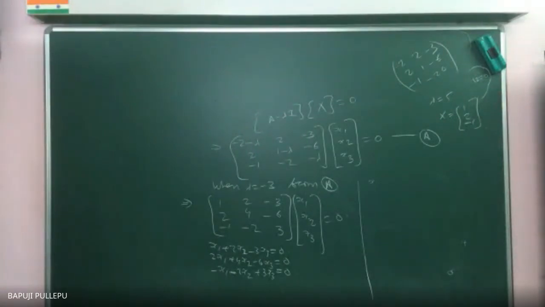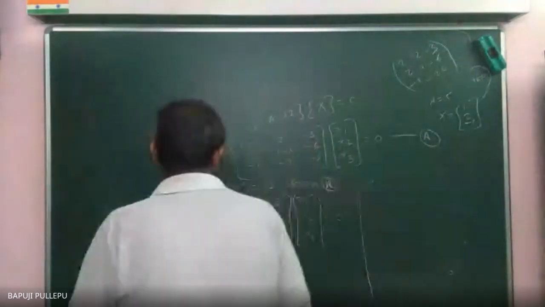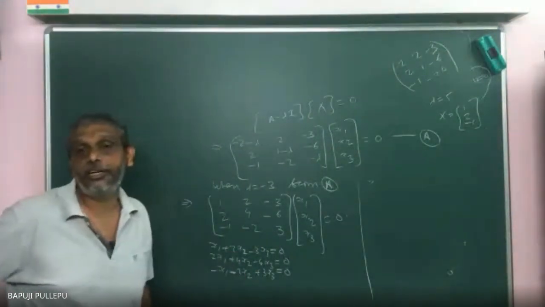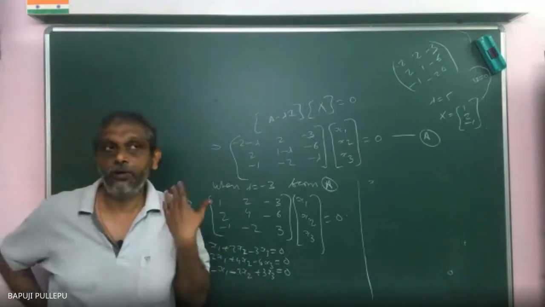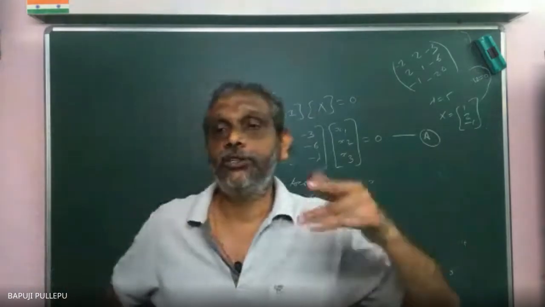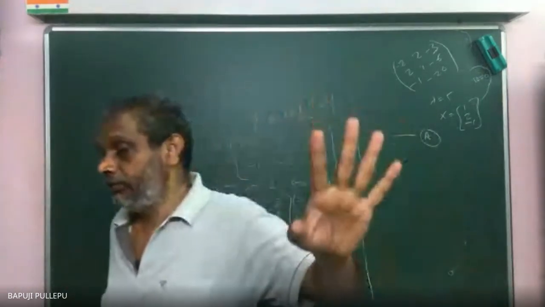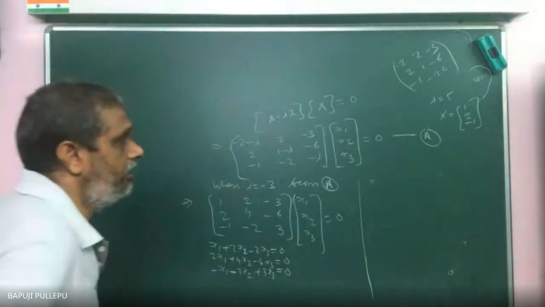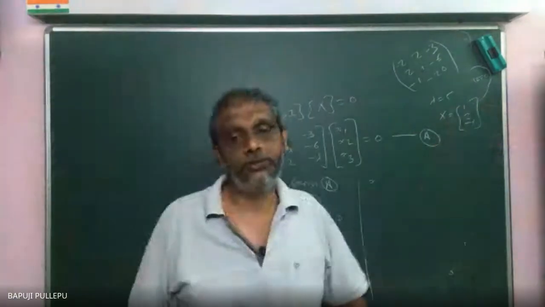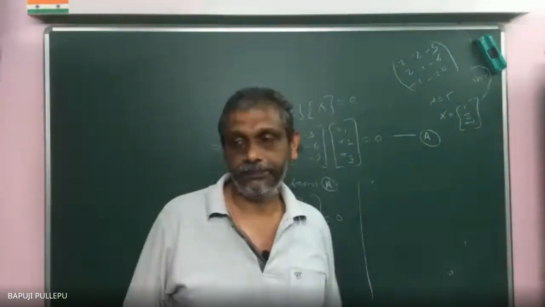Now you see. Suppose I write x1, x2, x3 like this. Take any 2 rows, what will I get? Only 1 row. Obviously, you will get x1 equal to 0, x2 equal to 0, x3 equal to 0, no doubt. But x1, x2, x3 equal to 0 is what? Trivial solution. I don't want the trivial solution. Closing my eyes, I can tell you x1, x2, x3 equal to 0 is a solution. It's obvious. I want a non-trivial solution. Non-trivial solution means what? I will have an infinite number of solutions. Among those I want to pick one solution.